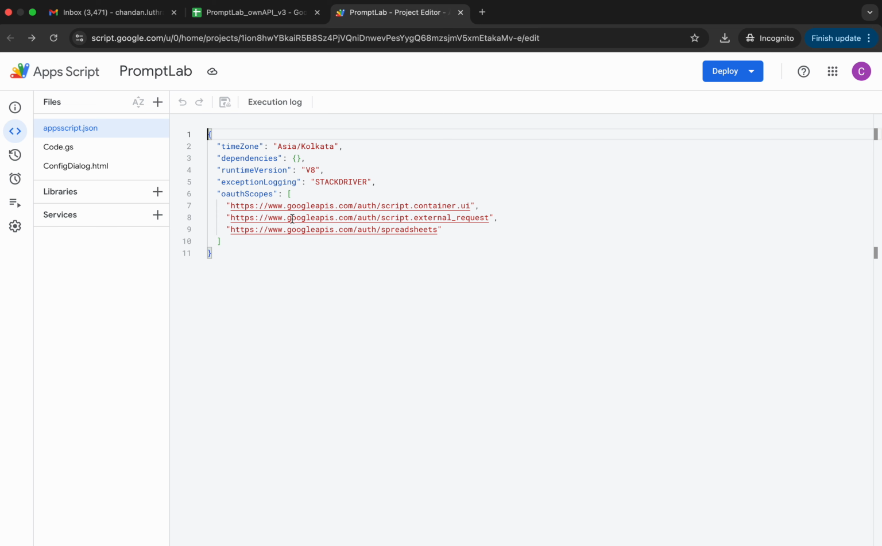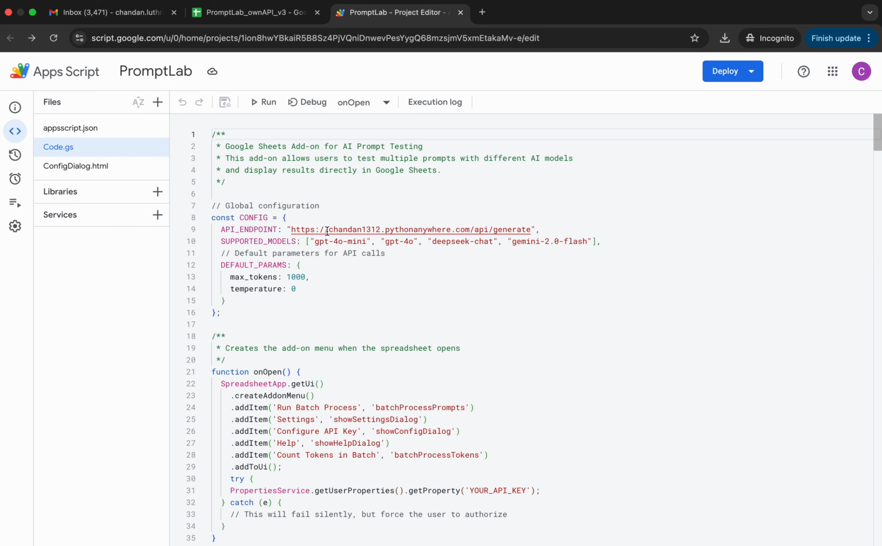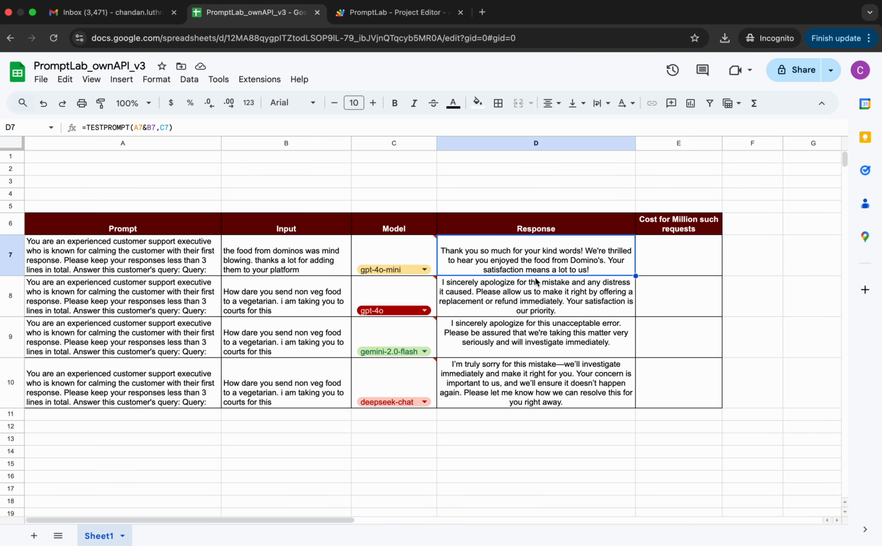Secondly, we are also requesting the script.external request scope. The reason being, the moment the user writes this formula test prompt, it actually makes a call to an external API. This is the API endpoint. So this API endpoint is where the whole computation, calling the respective LLM that the user has chosen here, happens. And also, one more reason is that there's one more formula that the user can use, which is